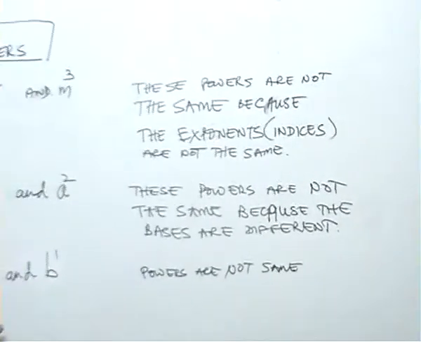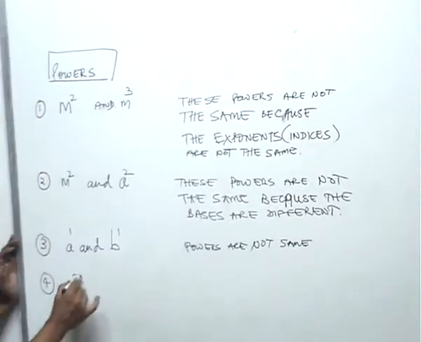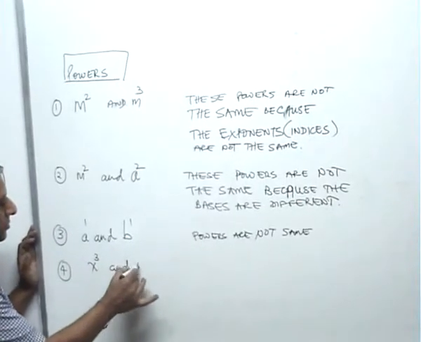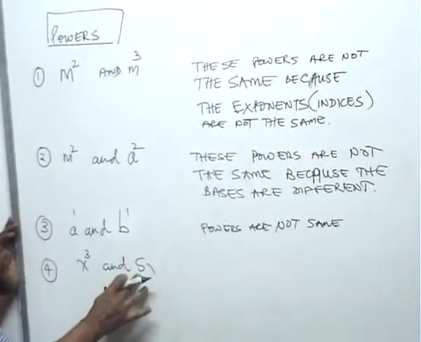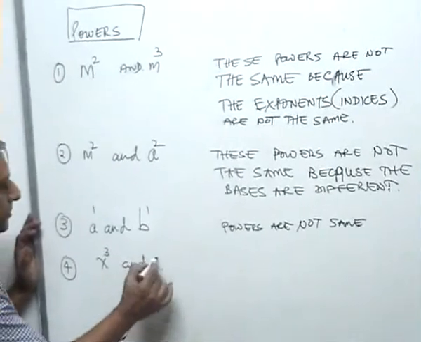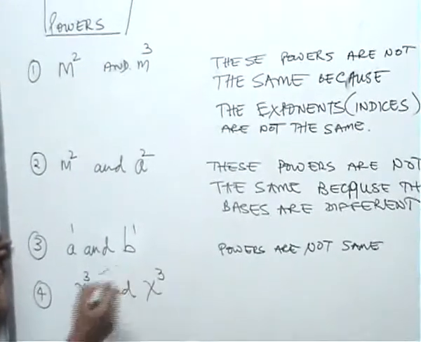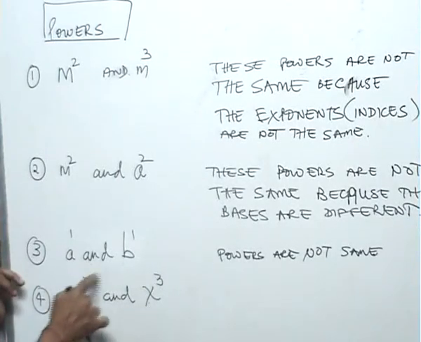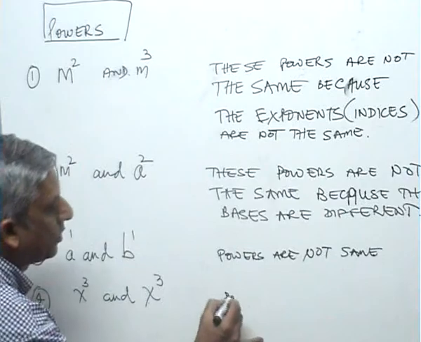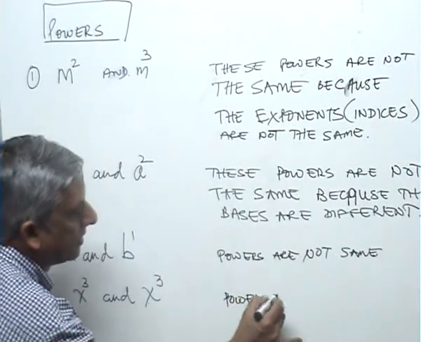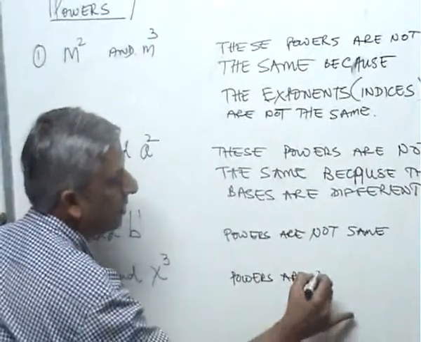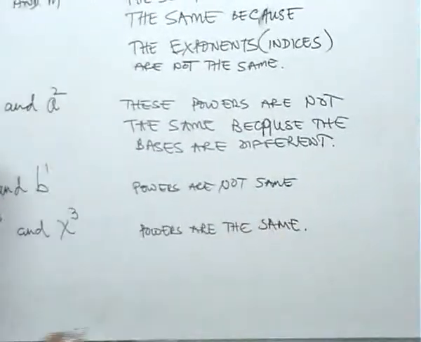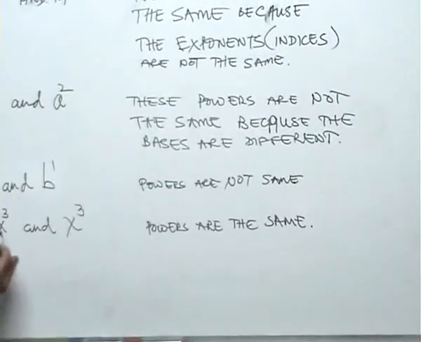So let's take another example. x cubed and x cubed. Well, these bases are the same, the indices are the same, therefore these powers are the same. So, for a power to be the same, the bases